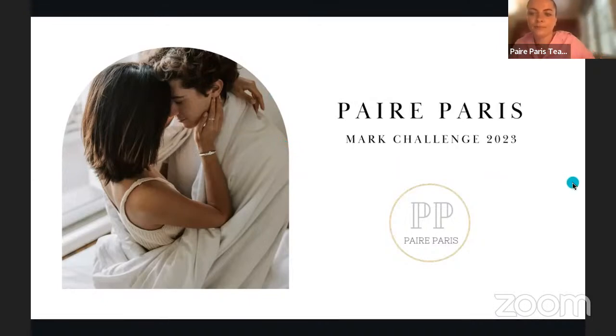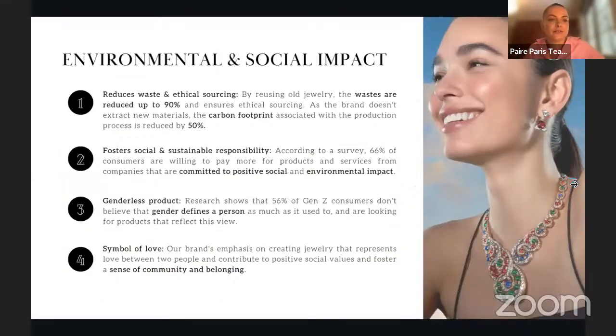Okay, so Barbaric is committed to offering a responsible and above all ethical eco brand. By reusing all family jewelry, we expect to reduce our waste by 90% and thus reduce our carbon emissions. Secondly, we want to have a positive impact on the environment, but also on individuals.